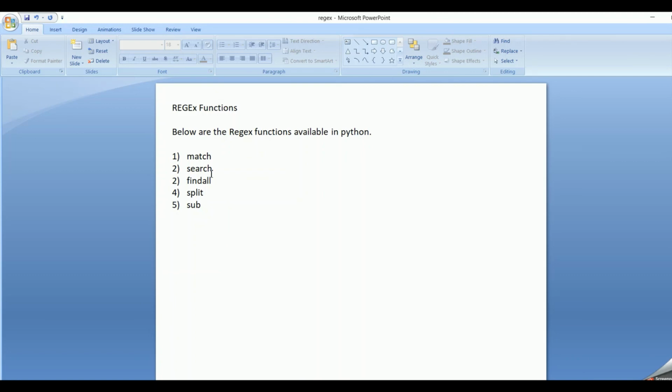Search: anywhere in the string, only one occurrence is searched. Findall: it searches for the match in all the occurrences in the string. Split: it splits the string at the specified split parameter, whatever we have given in the pattern, it splits at that particular position. Substitute: it substitutes with a new value which we have provided in the substitute function.